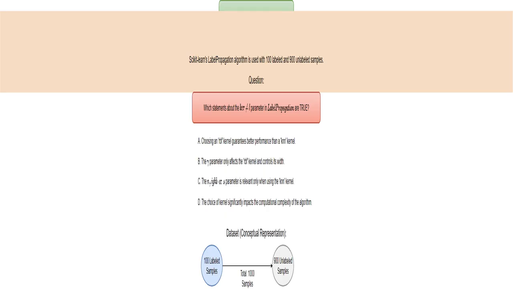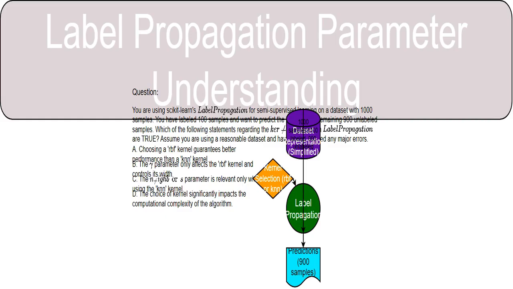The question will test my understanding of how different kernel options affect the performance of label propagation. I need to think carefully about the RBF and KNN kernels and their respective parameters. It will be interesting. I'm exploring how different parameters in scikit-learn's label propagation algorithm affect its performance, specifically focusing on the kernel parameter. I'll look at how the choice of kernel, RBF or KNN, and its associated parameters influence the